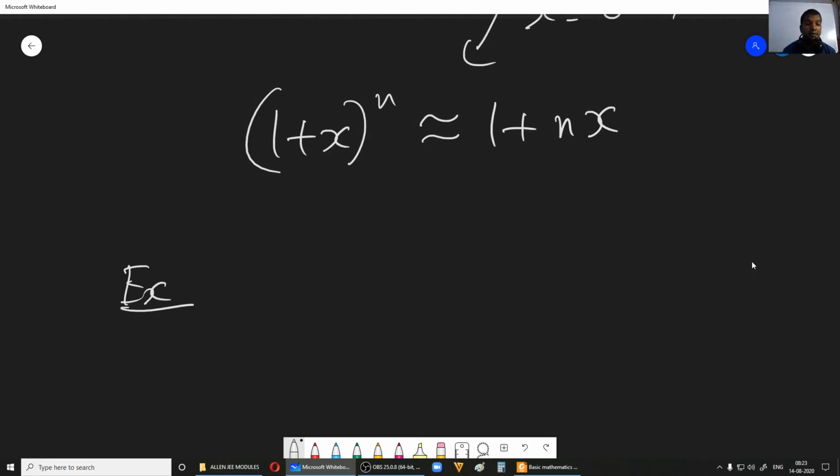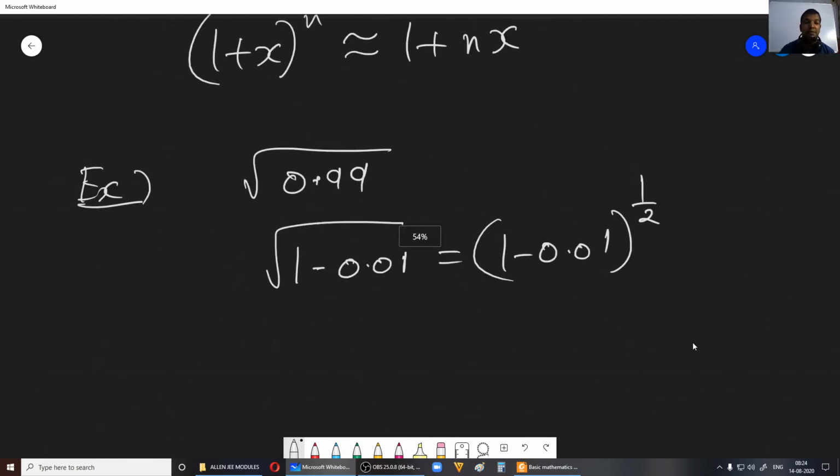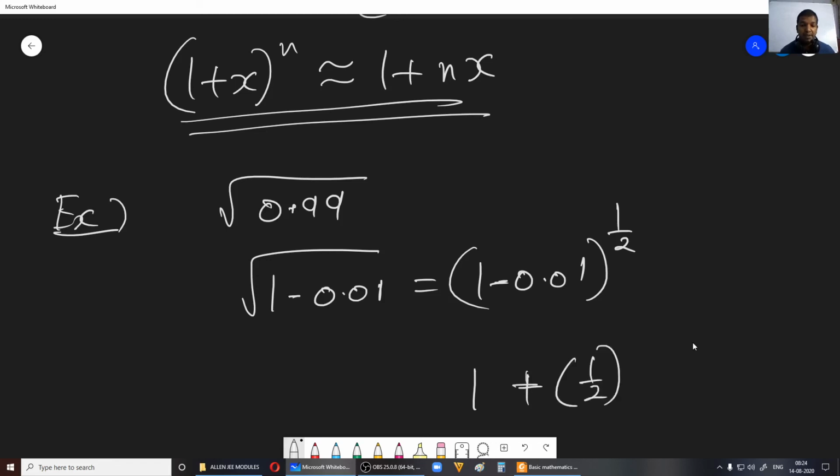You are supposed to find out the square root of 0.99, let us say. I can write this 0.99 as (1 minus 0.01) whole root, correct. Now (1 minus 0.01) whole power 1 by 2, I'll write. See here, if you compare x with 1, it is quite less than 1. So by looking at this expression, you can write 1 plus of, now n is half, then this is minus of 0.01.